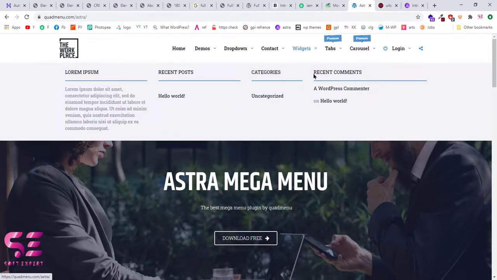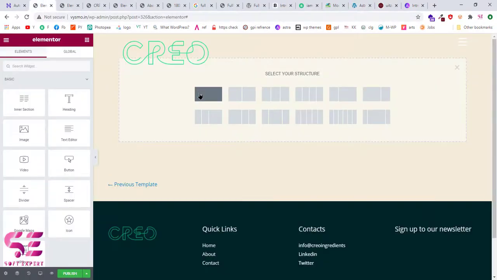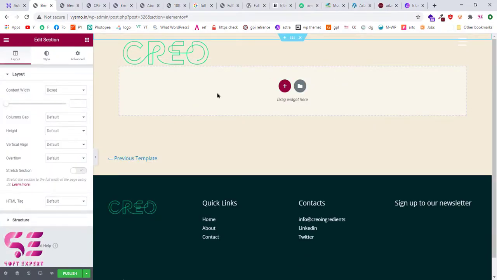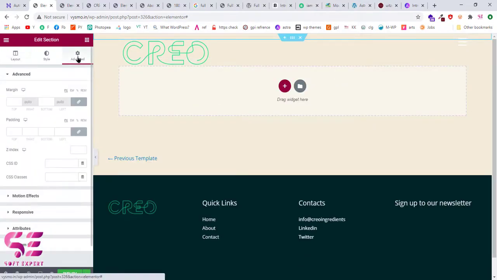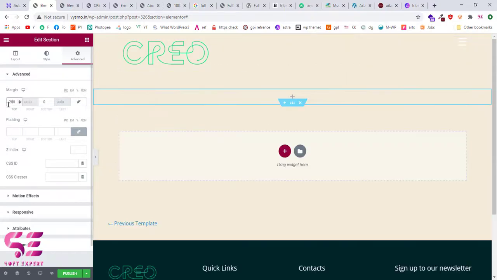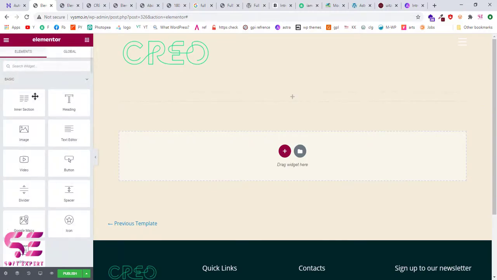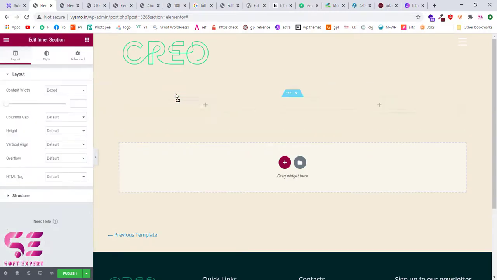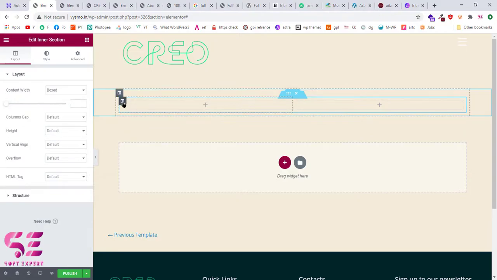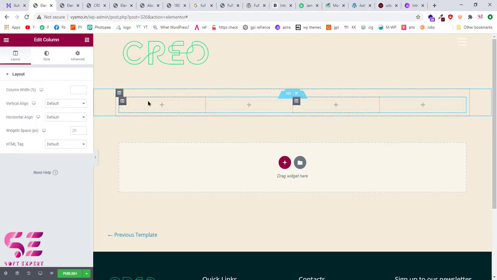As you can see here, there are 4 columns. So first of all, create a single widget. Now inside this, create 4 columns. You can use Ctrl D to duplicate these.